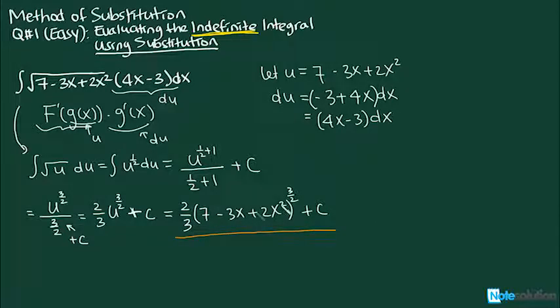For those of you who want to change this fraction power into a square root and then the whole thing bracket to the power of 3, you can do so, but it's sufficient to leave it as it is. If you want to make sure that you got the right answer, then you can just double check by taking the derivative of this. In this case, this will come to the front, this will cancel out, this power we subtracted off by 1, we're left with 1 over 2, which is converted to square root signs. And then taking chain rule, so inside function will come out as 4x minus 3,